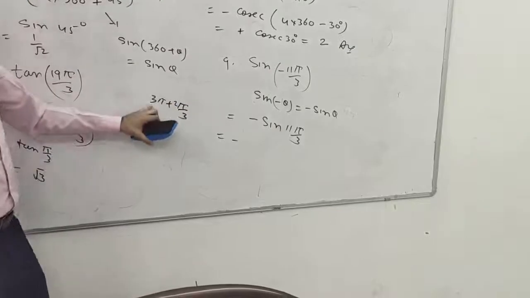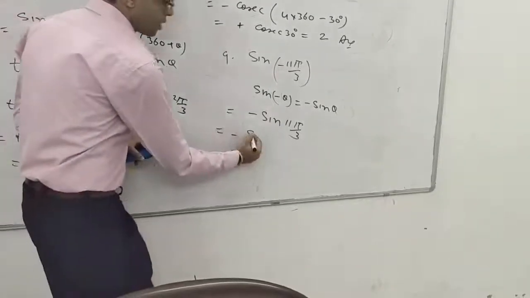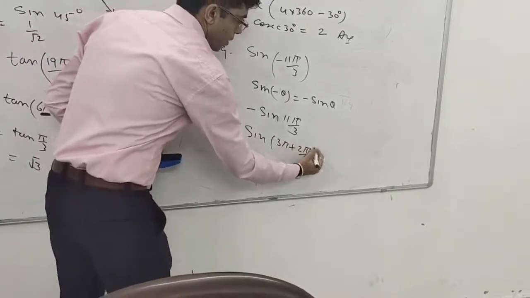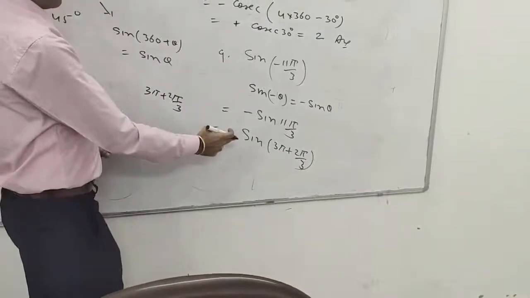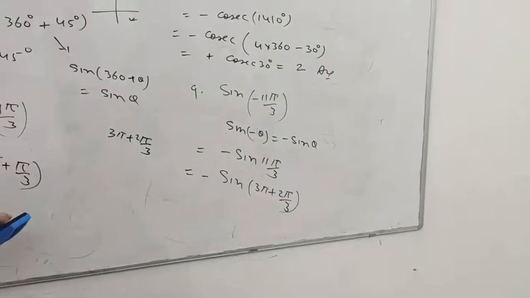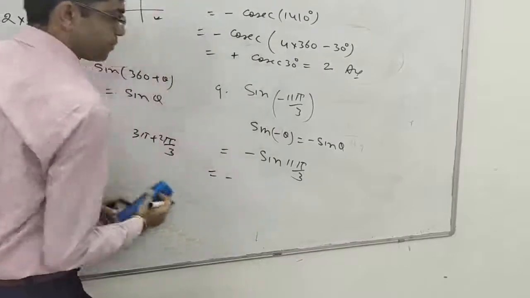We can write this as 3 pi plus 3 is 9 plus 2 is 11. So sine 3 pi plus 2 pi by 3. 2 pi के मल्टीपल में आपको लेना है इसको,